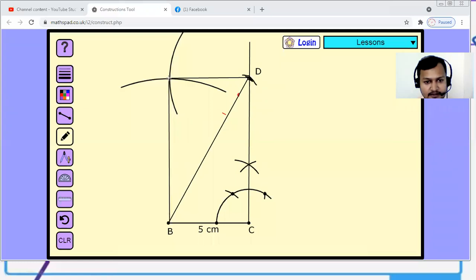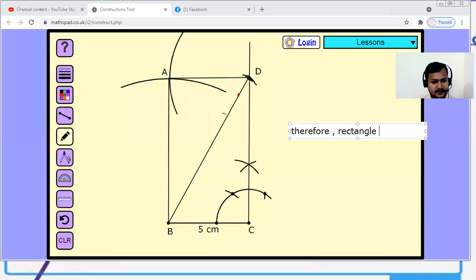B र D बाट join गरेपछि यो point A आयो. This is the point A which we obtain after drawing arc of 5 centimeter to left side from D and arc equal to CD from B. CD सँग equal arc हुने गरी B बाट काट्यौं र BC सँग equal arc हुने गरी D बाट काट्यौं. In this way we got rectangle ABCD.